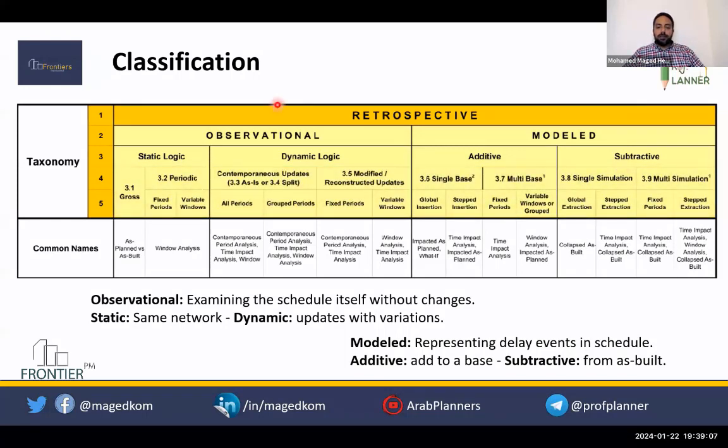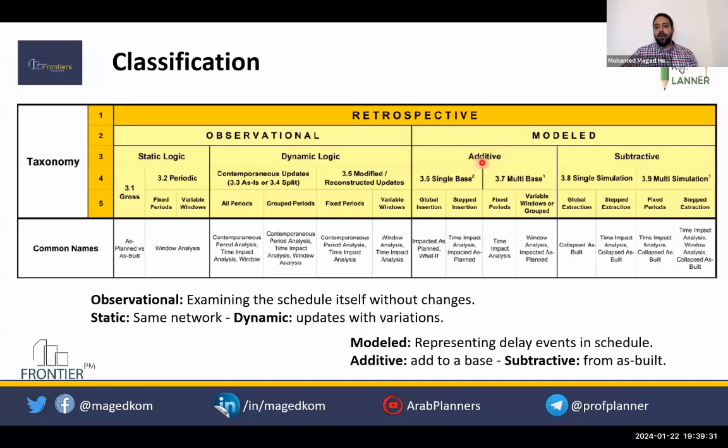Under this, they added many classifications, like static, growth or periodic. You're comparing only two programs, but as a total comparison or in periods. In the dynamic, you have the updates done in their time on the project, contemporaneous updates, or you are reconstructing the updates with the actual data.